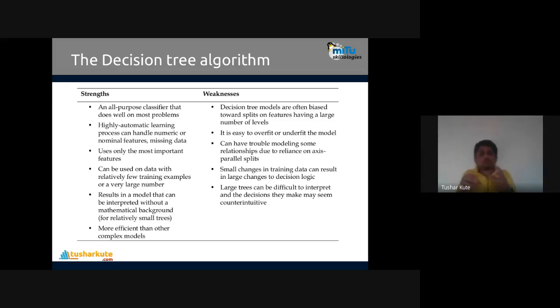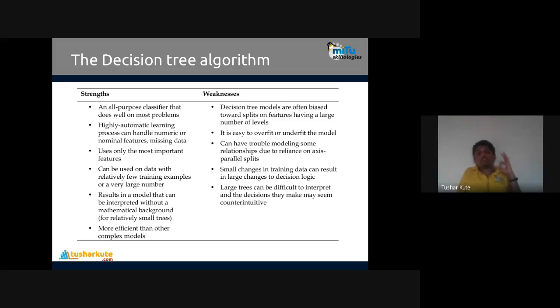See, it is an all-purpose classifier that does well on most problems. Almost every classification dataset can be applied instantly and can create a tree also. It is a highly automated learning process that handles numeric or nominal features, and missing data also. It uses only the most important features.